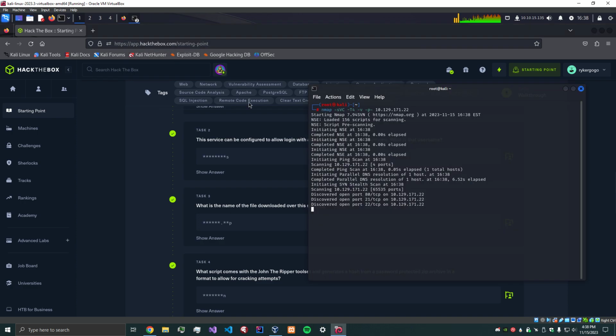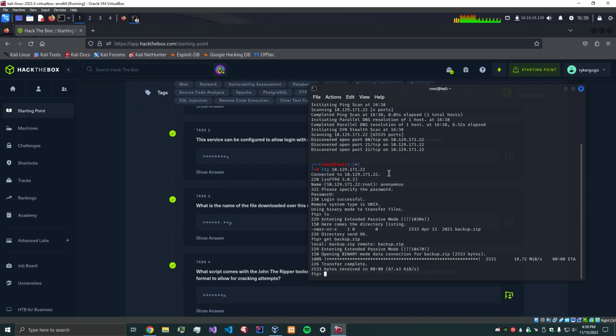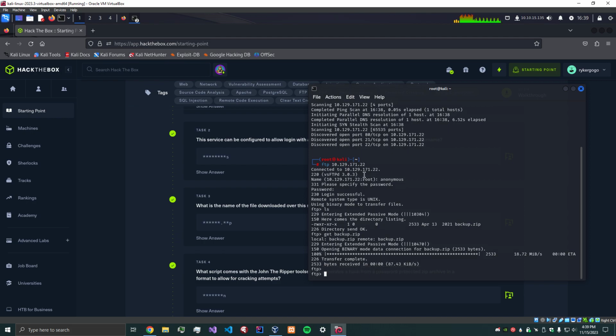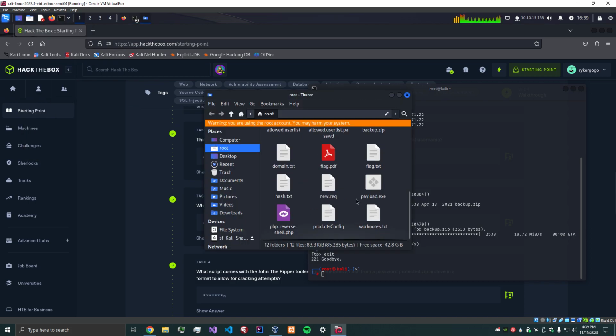So let's actually go ahead and log in to the server, and we're going to provide the name of anonymous, no password. And if we look inside of here, there's backup.zip, so we can do get backup and then exit this, and if we try to extract backup.zip,